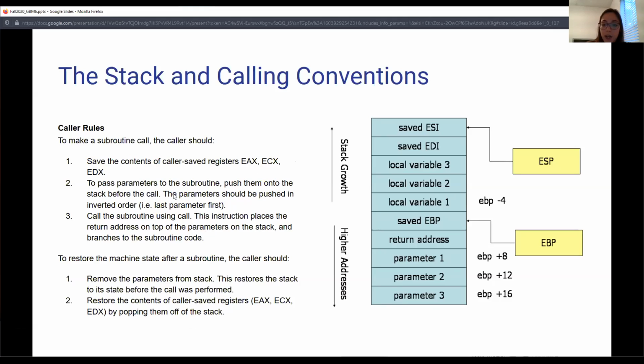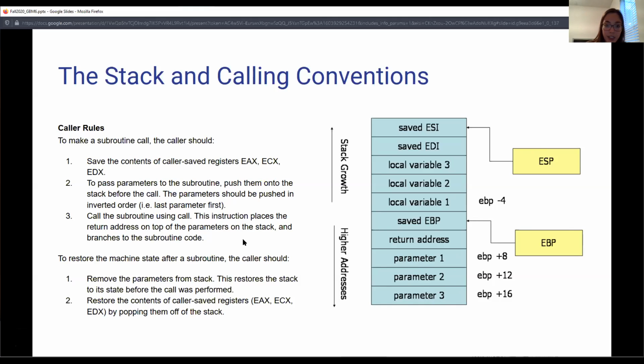Then if there are any parameters for the foo function, they need to be pushed onto the stack. So parameter 3 gets pushed before parameter 2, which gets pushed before parameter 1, because they're pushed in inverted order. So the last parameter gets pushed first. And then after that,